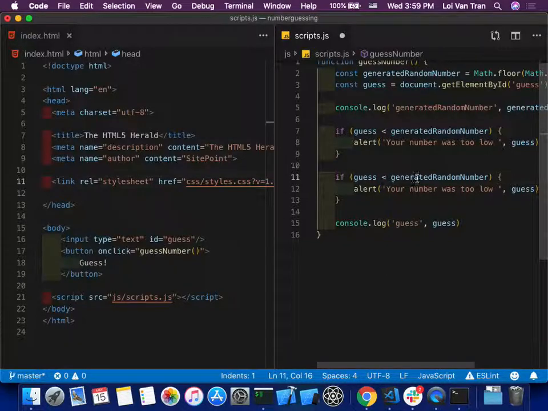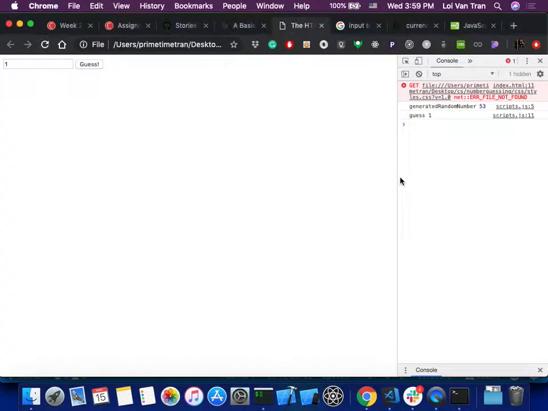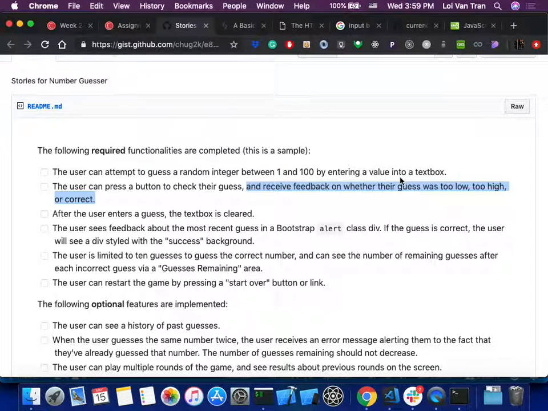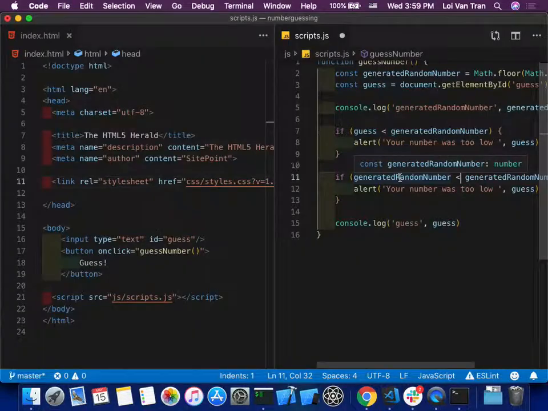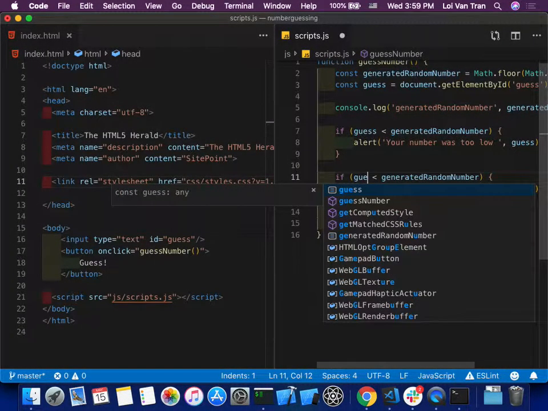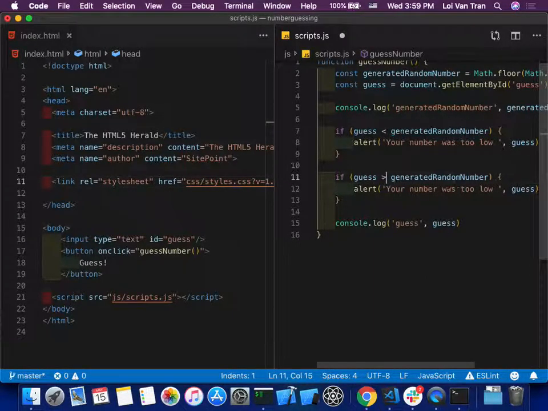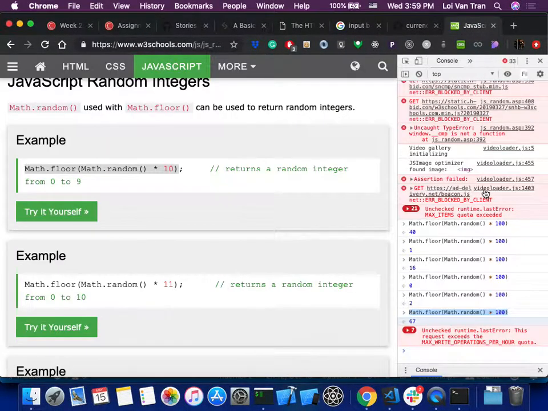If the generated number is less than or equal to, hold on, I forgot what the instructions are. If it receives too low, too high. So if the guess number is greater than the generated number, it was too high. Okay? So now I'm going to jump over here